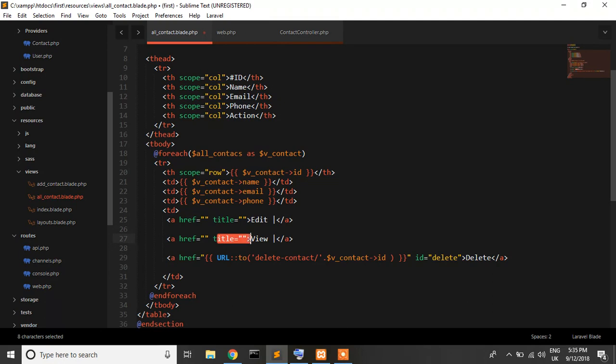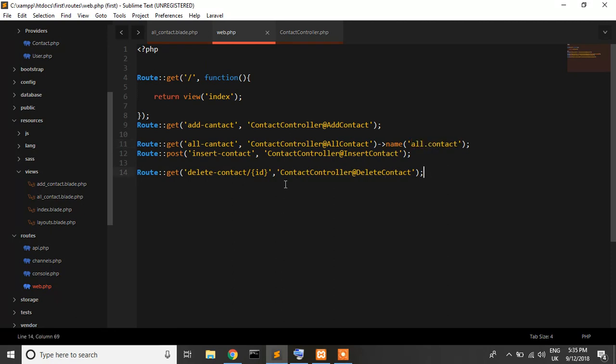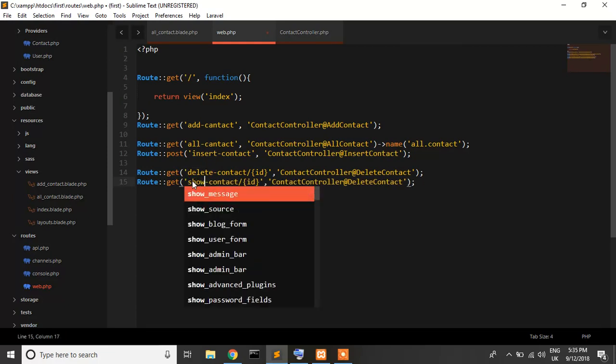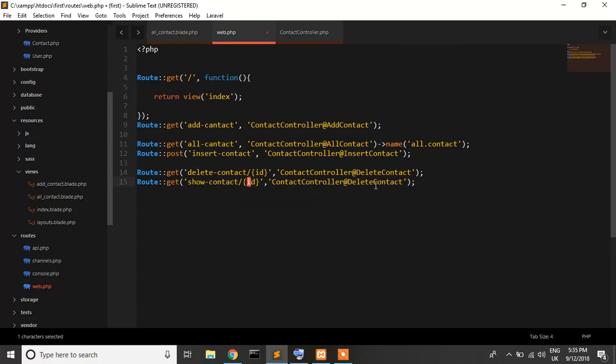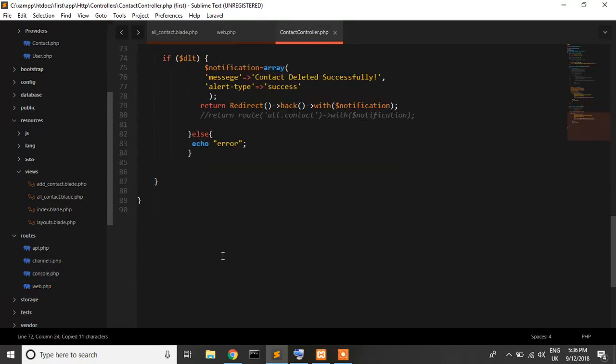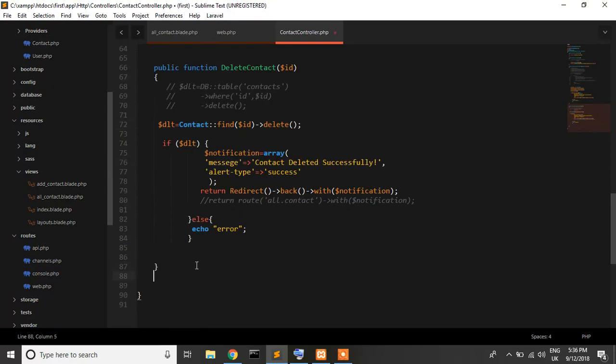Now I pass our data, so I just copy it from here and paste it. We are not using delete contact, it's show contact, and we also need our specific ID, because we are viewing a single element. So let's start, and you also use this, just copy it from here and paste it. The route is show contact, also pass the ID, and in the contact controller, this method is show. That's it. For the show contact, we don't have any function, so I just use